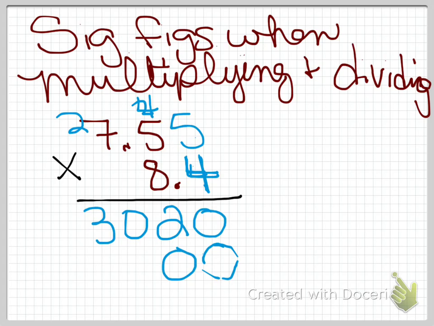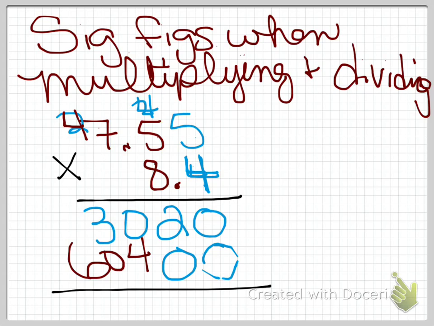Now I finally get to numbers that are no longer blue. So I'm going to switch back to my for sure color, my maroon. So 5 times 8 is 40, plus 4 is 44. And notice I can write that in my maroon color. And I carry that 4. 7 times 8 is 56, plus 4 is 60. And notice both of those are my for sure color, my maroon. So this number is also going to be a for sure color. Yes? So then when I add these together,